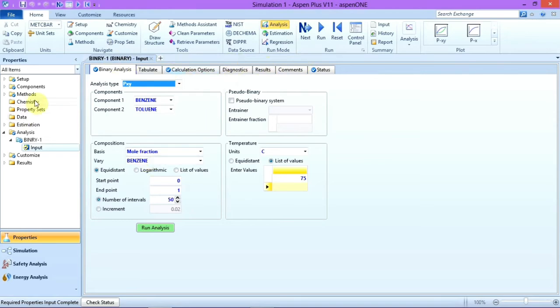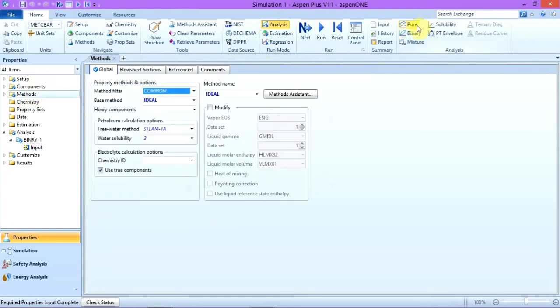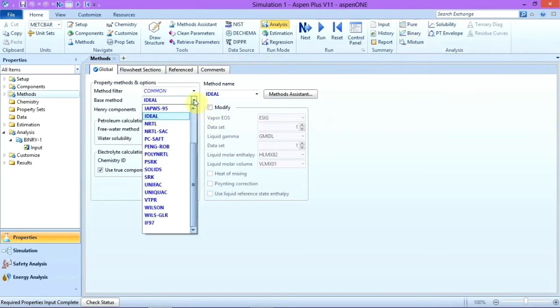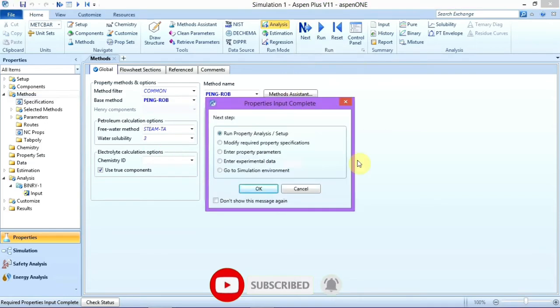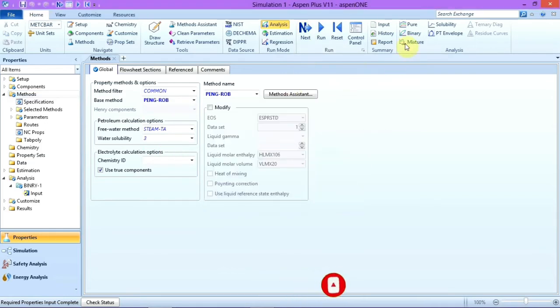Now suppose we want to create the pure substance properties. Let me change the property and see what changes are observed. I am changing this property to Peng-Robinson, and clicking on next. Okay, no need to click on next.